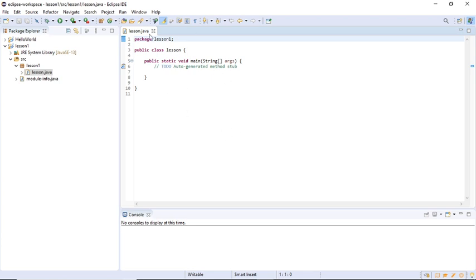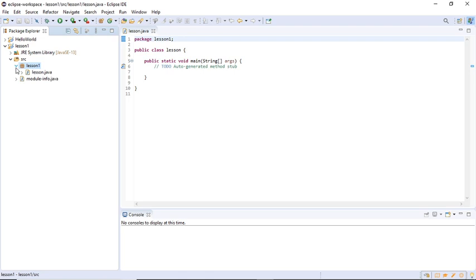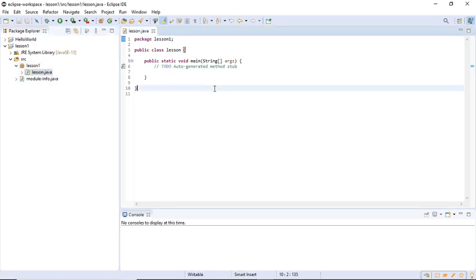Now you can see there's a place to write for you. It's going to give package lesson 1 because you're writing in the Java project lesson 1. So this is going to be the basic layout of what it gives you: package and name of your project, public class and the name of your class, and it will give you a main method. So you can't run any code in Java without a main method.